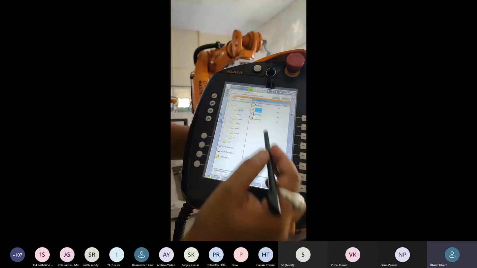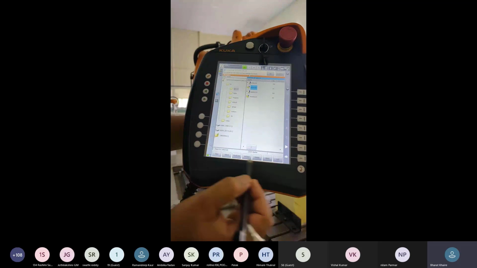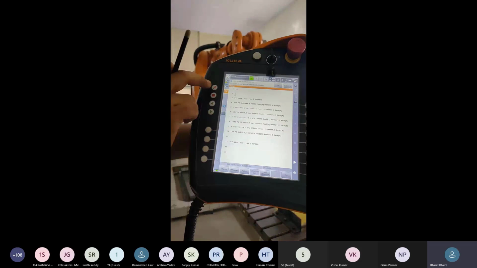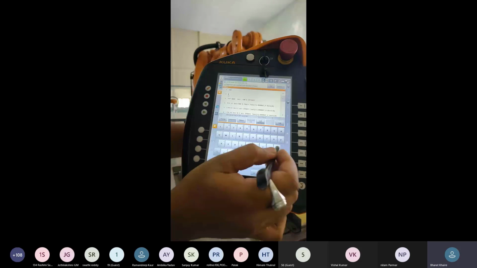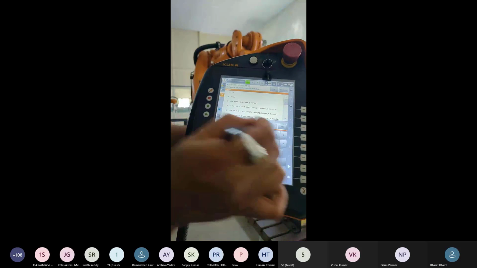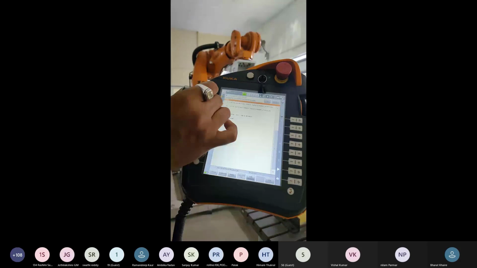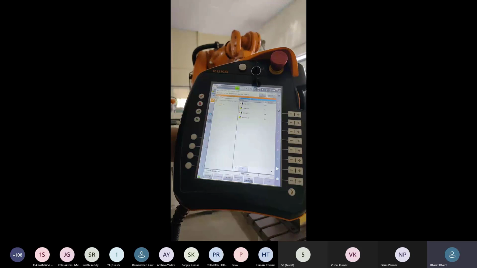We are opening the program now, not selecting, open the program, and by editing, give the name of loop. Okay. And at the end of the program, we are giving here end loop. Okay. Do you want to change the program? Yes. So now we can check.